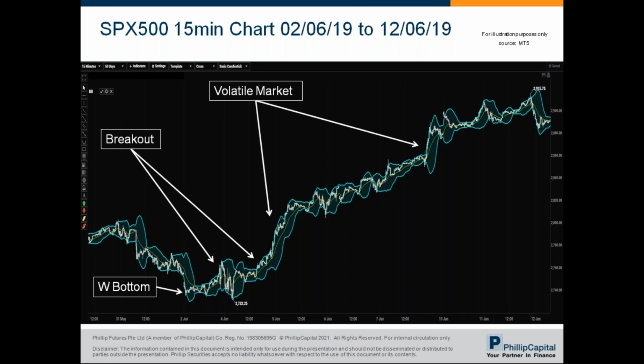So just to recap, 4 steps. Find the W bottom, right? Prices fell, recover, fell, and then subsequently traders will identify the entry levels. First, the breakout on the moving average or the higher Bollinger Band are signals that traders can consider to take a position. Subsequently, prices rally, and they can use the lower Bollinger Band as the stop loss, for traders to put in their stop loss orders. Okay,